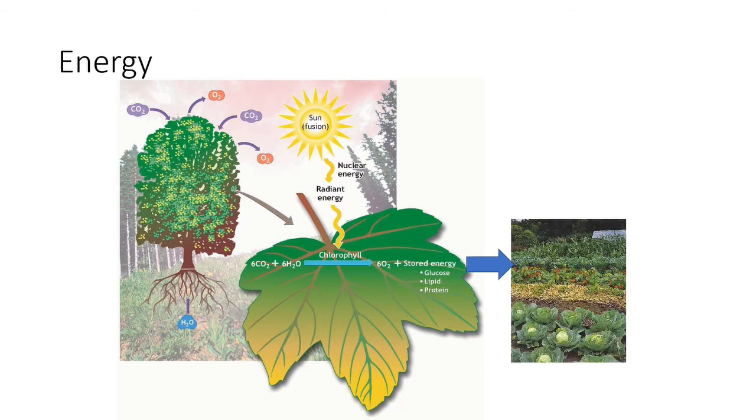So vegetables, fruits, and so on, this is where our food supply comes from, and it has the glucose, fats, and proteins. And all the energy contained in the chemical bonds of these chemicals, glucose, fats, and proteins, so lipids are fats, originally comes from the sun. So what happens in the leaf is that the energy is transformed into chemical energy. So nuclear energy becomes radiant energy, which is transformed into chemical energy, which is our plant food supply.